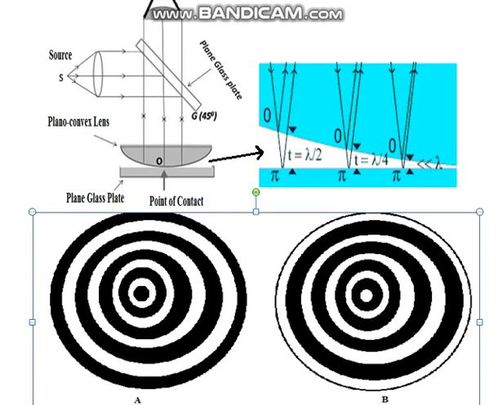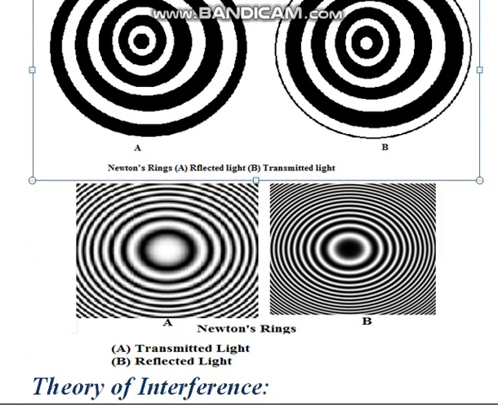So this is the real picture of the Newton's ring. Here the center is bright, so it is the transmitted case. Here the center is dark, so this is the reflected case. By the help of Newton's ring there are a lot of possibilities of engineering applications, as I gave you some examples.